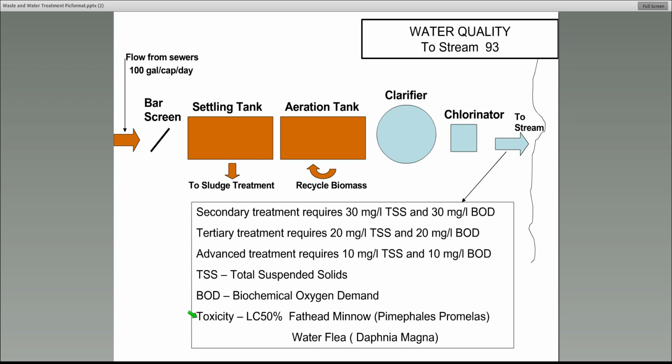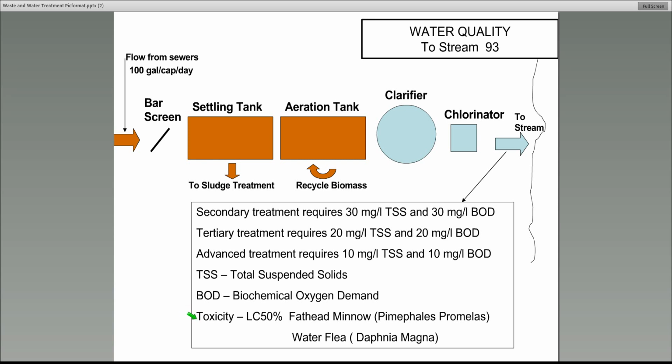Also, you check for toxicity because you don't want anything toxic going out into the stream, because this just covers the actual human wastewater, and it doesn't cover any toxicity that may come from industries in the area. So to make sure you're not having heavy metals and some other things that would kill the fish, then you'd